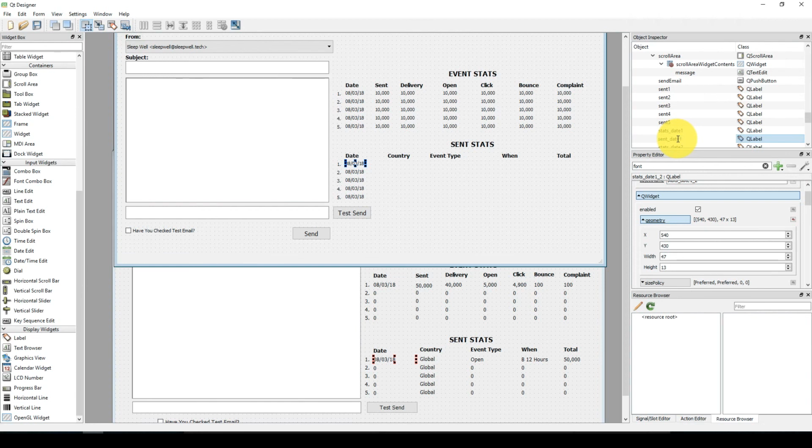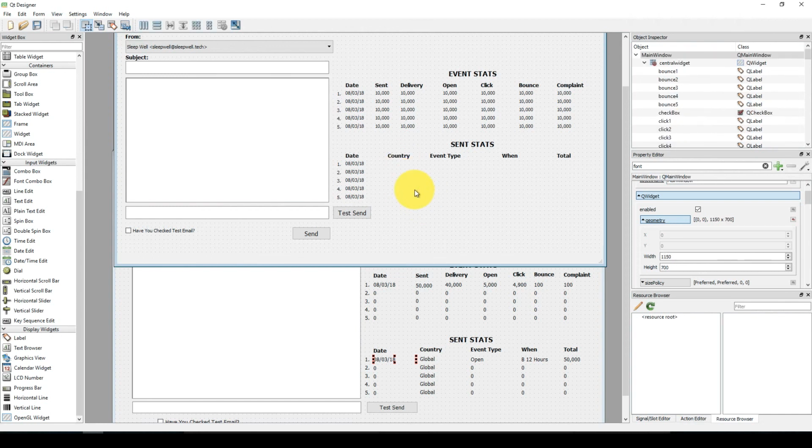That's this one. Okay, sent date 1. Okay, and for this one, this is send date 2, and for this one, this is 3, and for this one, this is 4, and for this one, this is 5. Perfect. Now for the country,